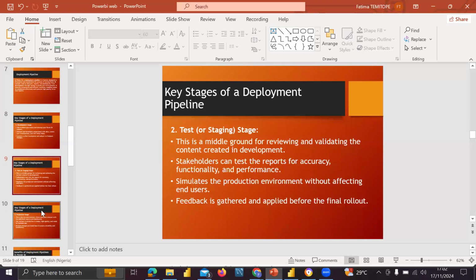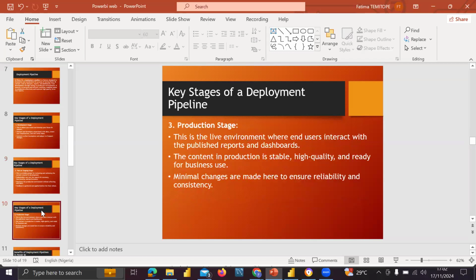Then we have the test or staging stage, which is the middle ground for reviewing and validating the content created in development. Stakeholders can test the report for accuracy, functionality, and performance. Then you can simulate the production environment without affecting end users. Feedback is gathered and applied before the final rollout, which is the production phase.